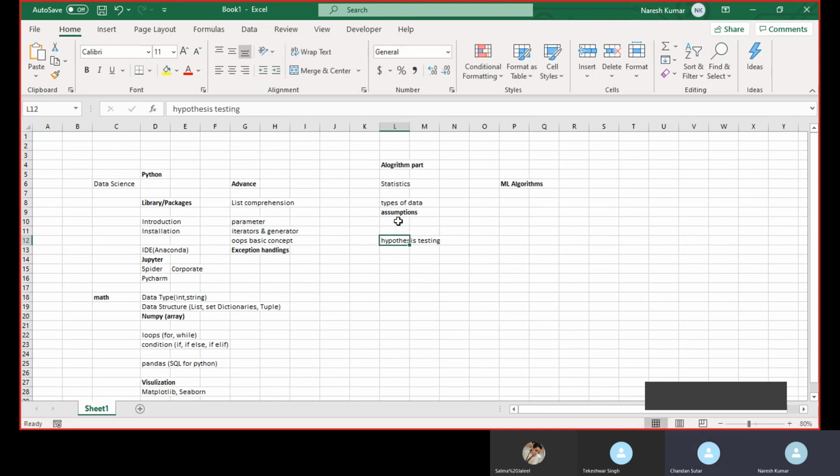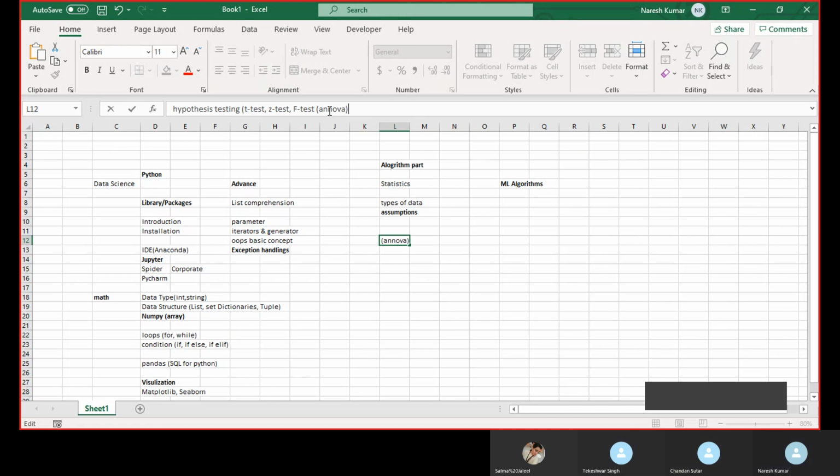There is a concept of hypothesis testing where we will be using the t-test, z-test, and what else? f-test. F-test is nothing but ANOVA.